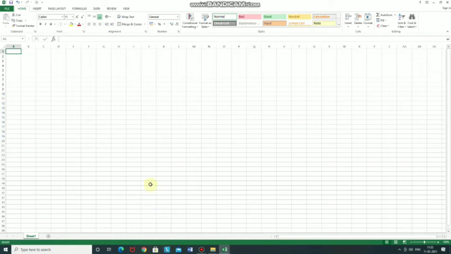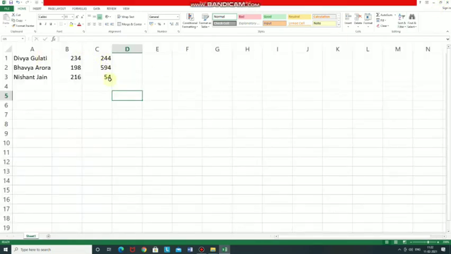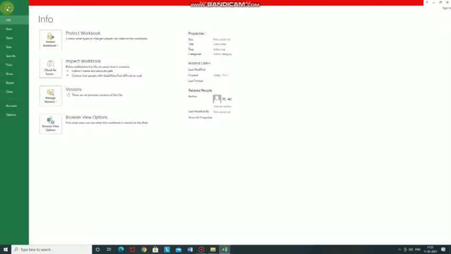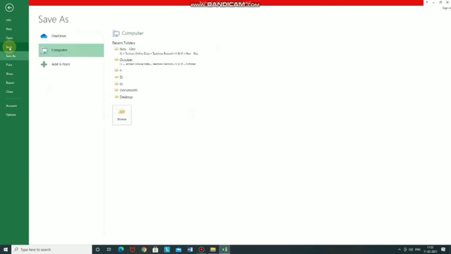Then how to save a workbook. For now I am closing this because we have already entered the data here, and now saving a workbook. The steps to save a workbook are: click the File tab. In the Backstage view, click Save. If you want to save the workbook with an existing name, click Save As. If you want to save the workbook for the first time, or save the workbook with a new name, you can use Save or Save As. The Save As pane appears.